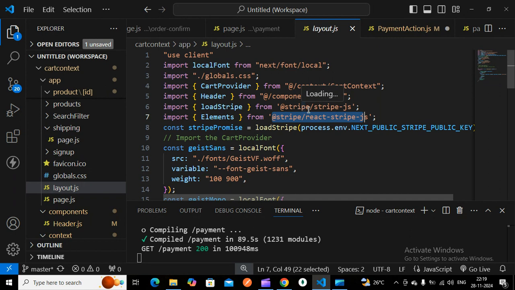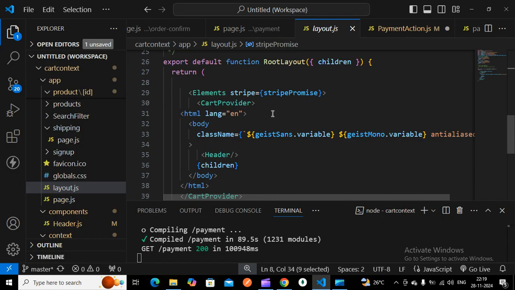For the back end, we have to install Stripe with npm i stripe. Here in the front end, you have to install this particular package. This dependency will give this particular loadStripe. This library will give this particular Elements. Here I have to use this public key for the client side. I have already told, in this loadStripe method we have to use, it will return the Stripe promise. This Stripe promise will be passed to this particular props. Here you have to pass the Elements, so you will be getting the particular Stripe object.